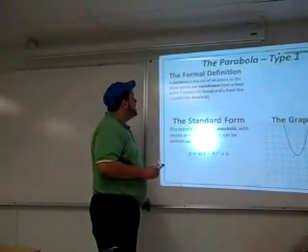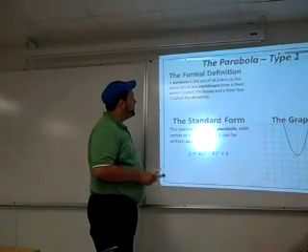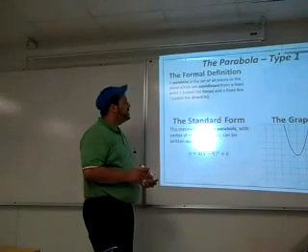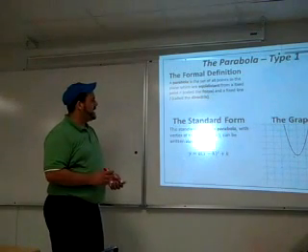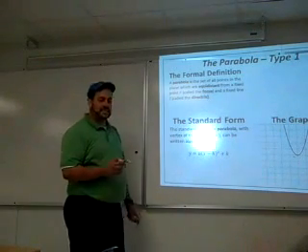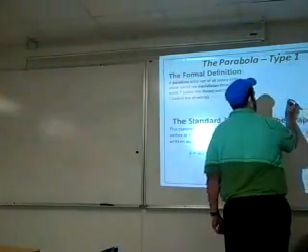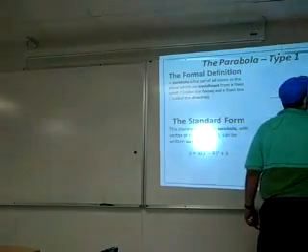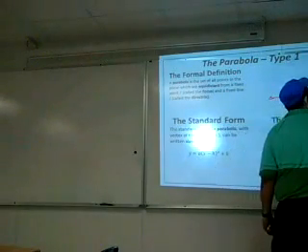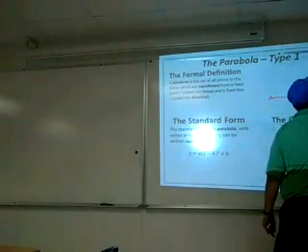So, the parabola. Our formal definition: a parabola is the set of all points in the plane which are equidistant from a fixed point F called the focus and a fixed line L called the directrix. So let's get the right picture here. I'm going to select a line. I'm going to select this horizontal line, which we're going to call the directrix,